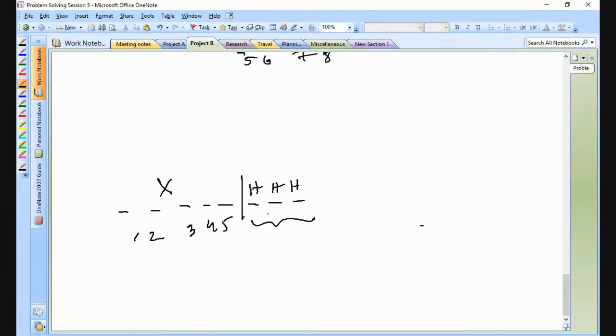Are you getting confused? So till the fifth toss, there was no three consecutive heads. In what way can it happen? That's the question. So you might be thinking that it can be tails and heads, but let's say it's tails. Then how many ways can it happen? If that is tails, then how many ways can it happen? Only one way, right? Did you understand, guys? If the fifth toss is tails, there is only one way it can happen.